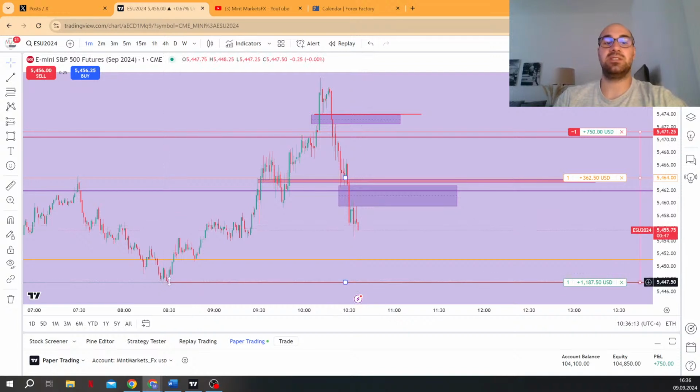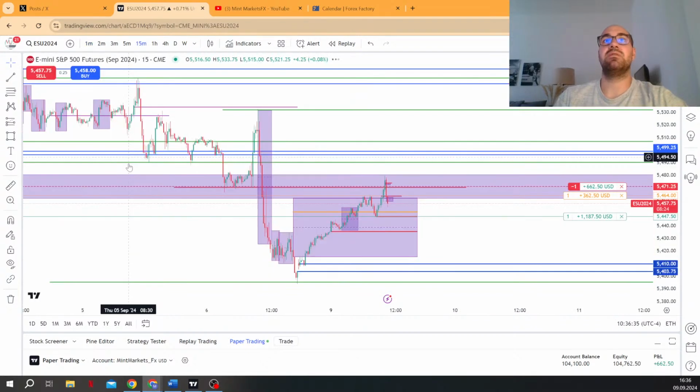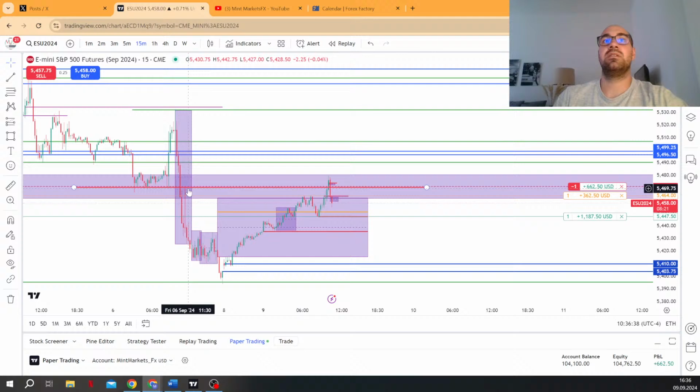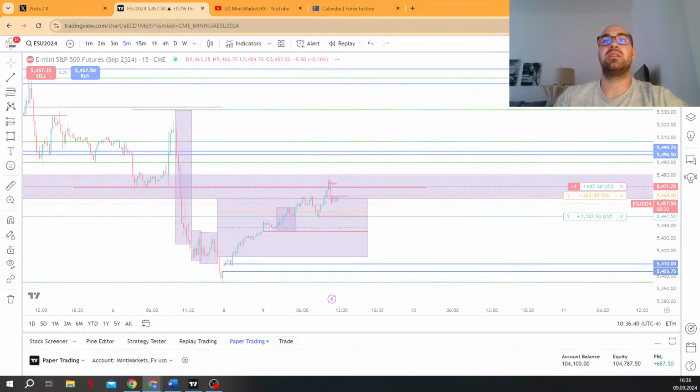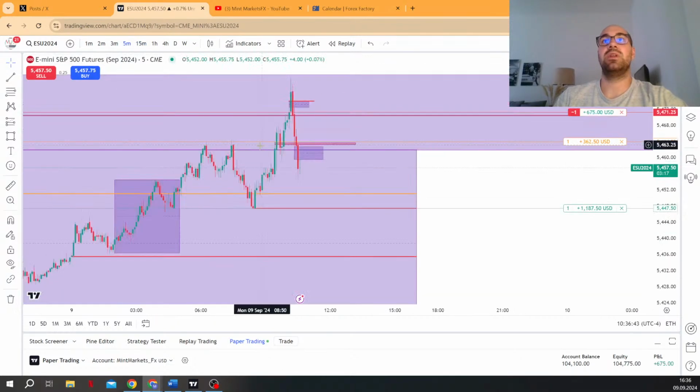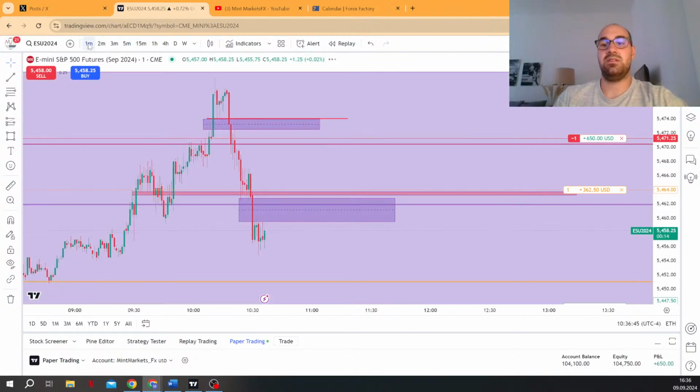So here we had the start of the initial run, consolidation, second stage of distribution, another run higher, market structure shift. Here we have taken out 15-minute sell side liquidity, buy side liquidity,